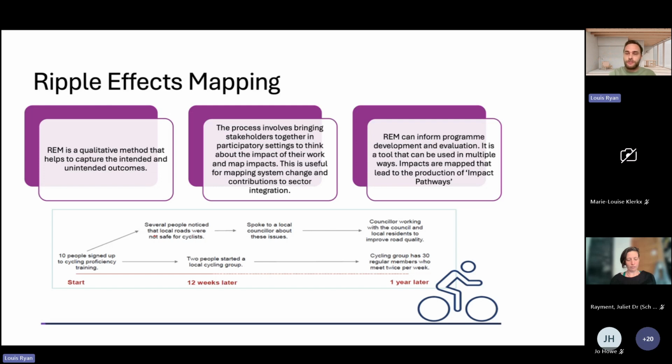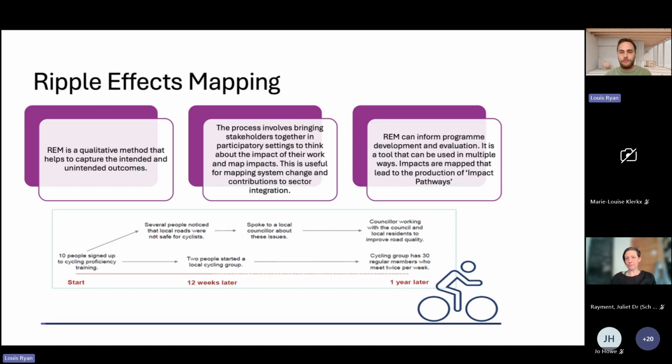Now, if anyone was to set up a cycling proficiency training and put that as an intended outcome, I'm sure they would be told to rein their neck in. That isn't something that can happen from this training. But this method helps us to capture those things that are unintended, but actually have quite a wider impact across the system, across the sector, across the work that isn't necessarily the object of cycling proficiency training, but might highlight some of the key things that these interventions can have, especially within this work.